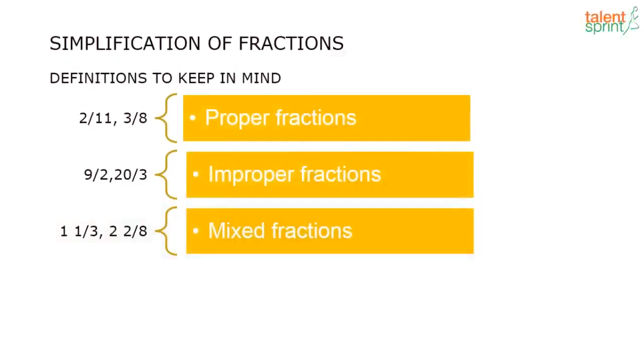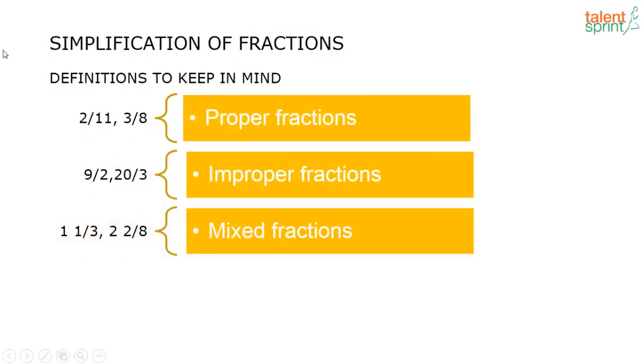See, all the fractions are of the form p by q, where q is not equal to 0, correct? But a proper fraction is where the numerator is less than the denominator. Improper fraction is where the numerator is greater than the denominator, and mixed fraction is where you have an integer followed by a proper fraction. These 3 fractions you should know very well. See, there are also other fractions like equal fractions, unequal fractions, like fractions, but all these will not generally be required to solve questions on simplifications. So that's what I have just written down in the slide here. See, these are examples of proper fractions, improper fractions and mixed fractions.